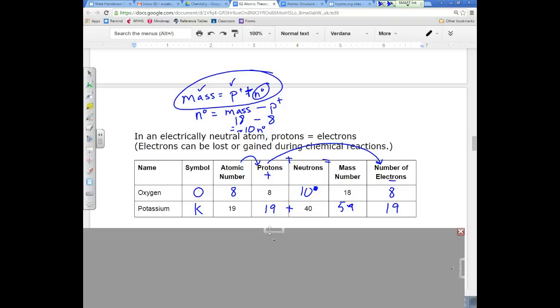Alright, and that's how you figure out the different things that are given in atomic structure. So you will have some of this to do in your assignment after this video cast, and just use the formulas that are given. So mass is equal to protons plus neutrons, atomic number is equal to the number of protons,